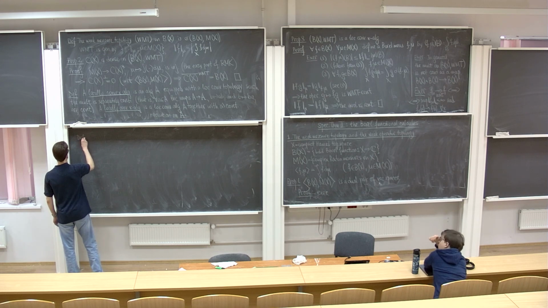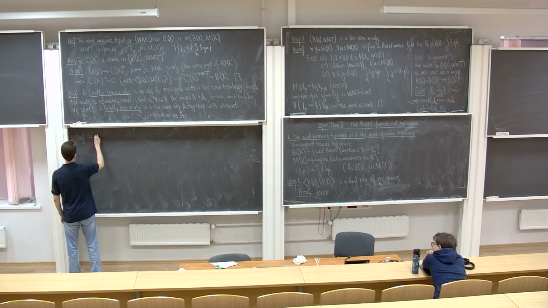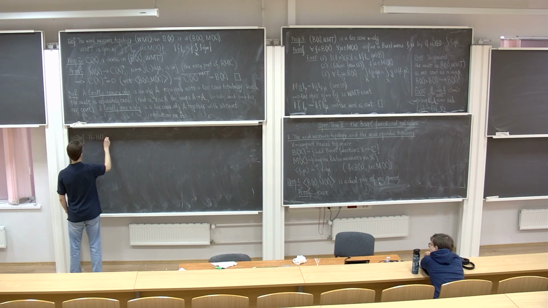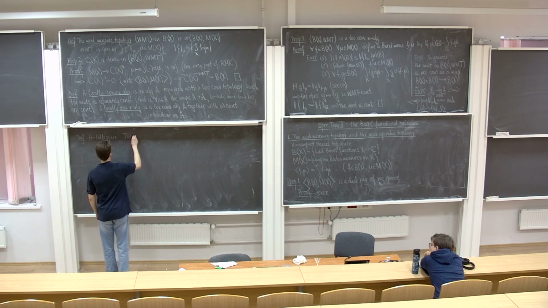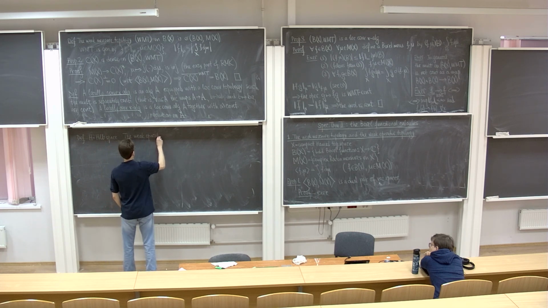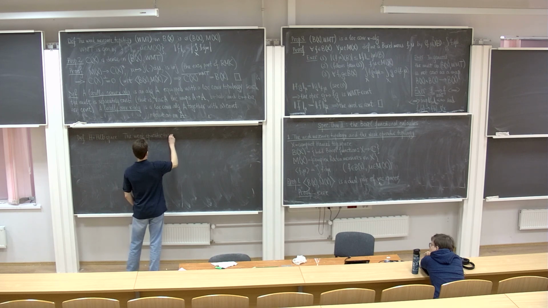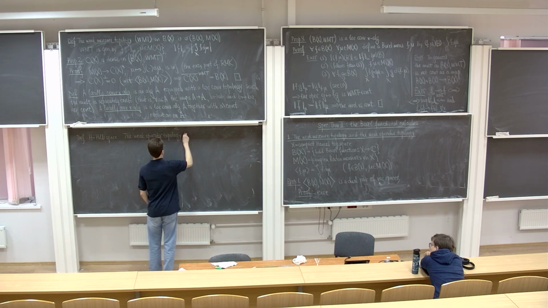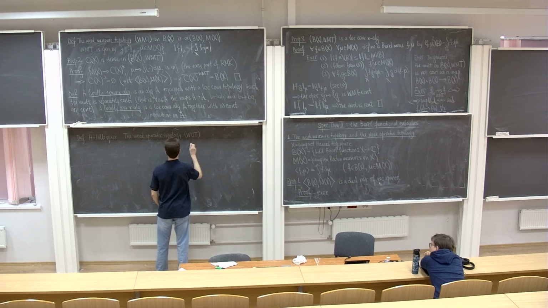So we give the following definition. Suppose that H is a Hilbert space. We define the weak operator topology, WOT for short,